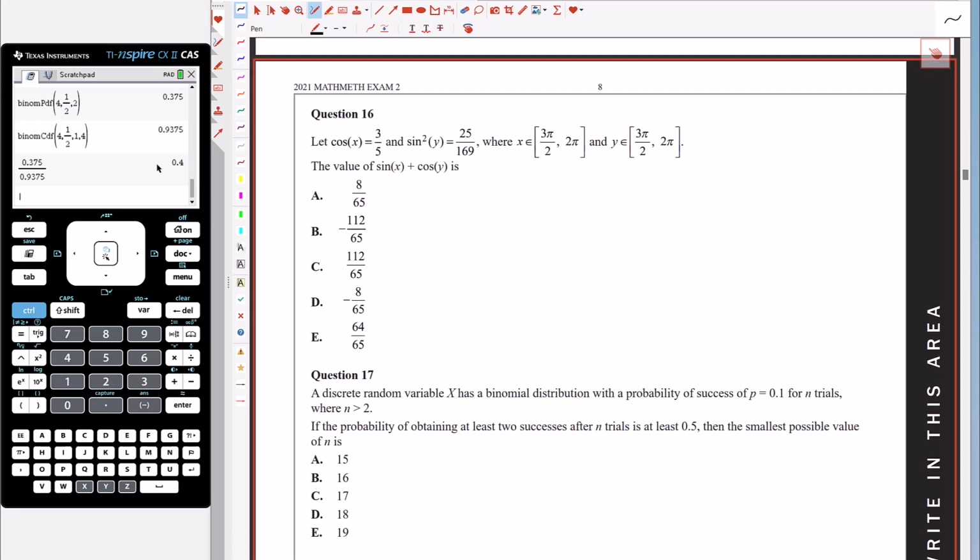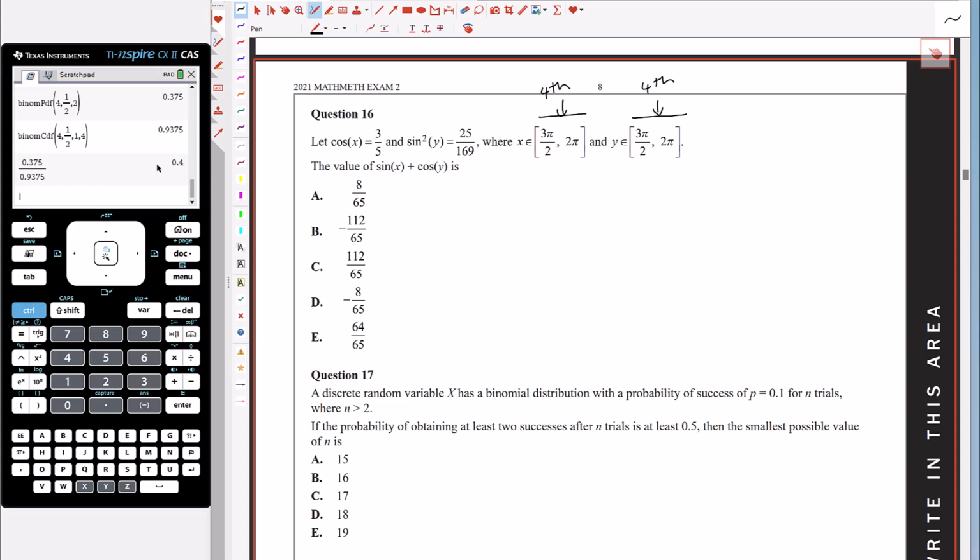Okay, question 16. Let cos of x equal 3/5, sine squared of y equal 25 on 169, where x is between 3 pi on 2 and 2 pi, so that's the 4th quadrant, and this is also the 4th quadrant. So x and y are in the 4th quadrant. The value of sine of x plus cos of y is, okay,